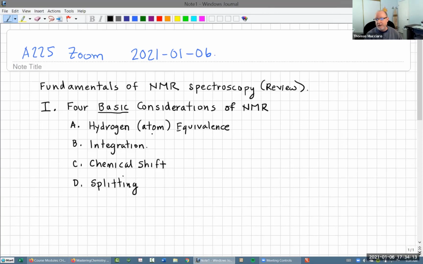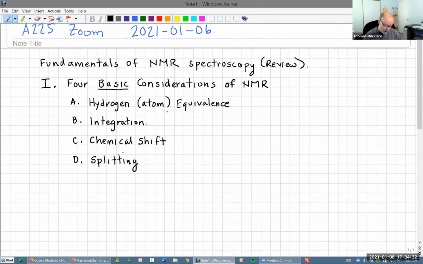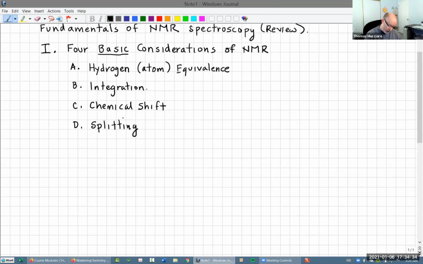So there's a basic level of understanding, which will get you through probably 90% of everything you ever needed to know about NMR. And then there's advanced stuff that if you were a chemist or doing organic chemistry or whatever, you would need to know this additional stuff. Okay, so we'll cover the advanced stuff tomorrow. For today, we're just going to hit this on a very straightforward level. Okay, so first of all,